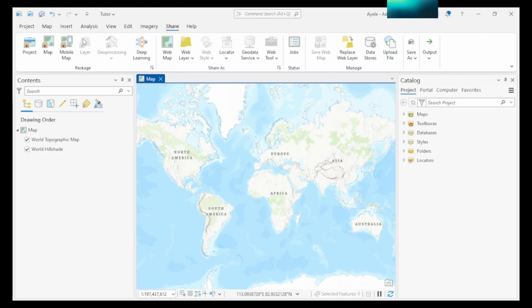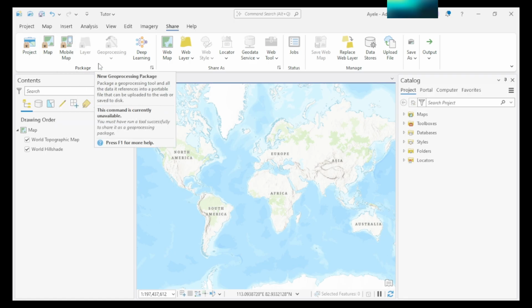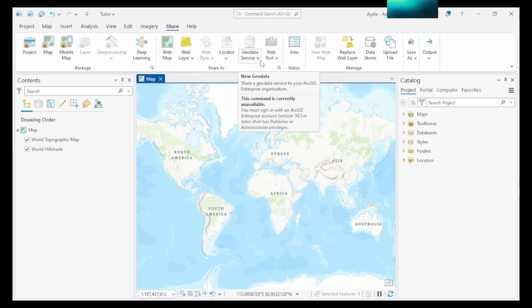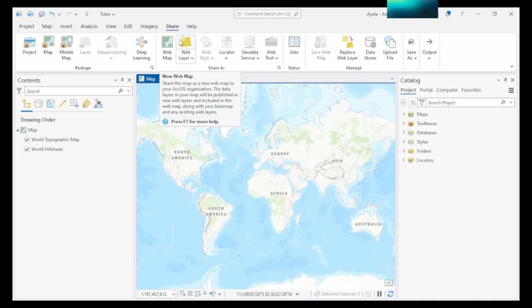Share, if you want to share your project, your map, your mobile app map, large processing, deep learning, geodata service are shared under the share menu bar.